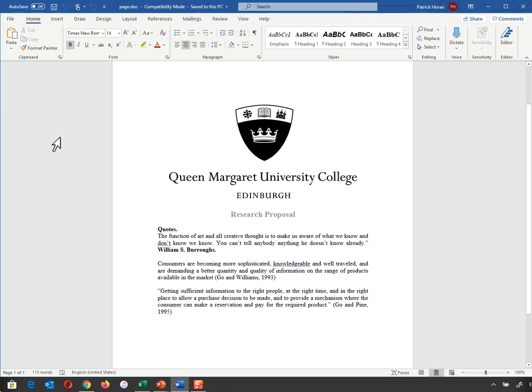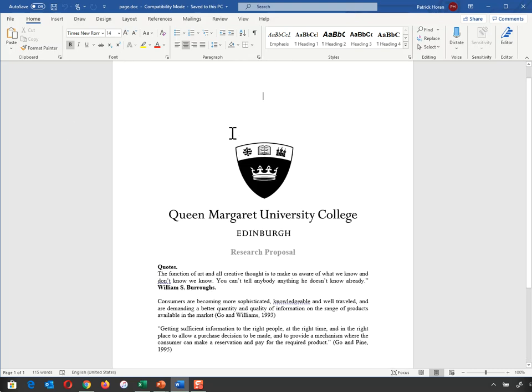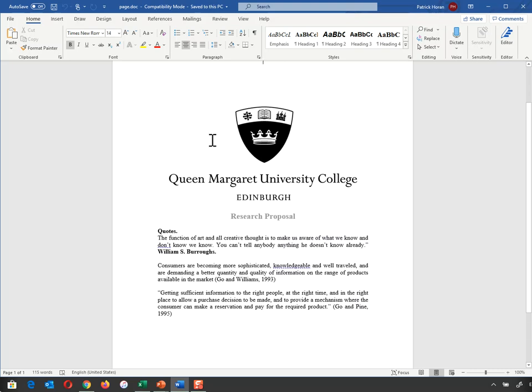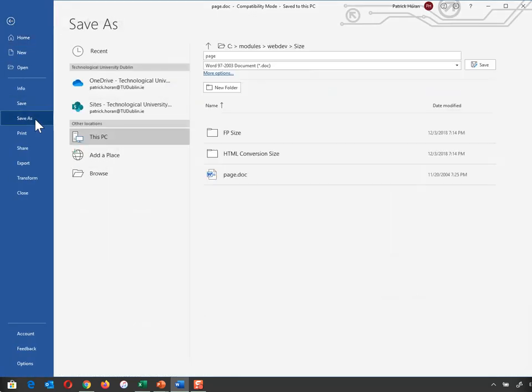Okay, now this is a very simple Word document as we see here. There's nothing really in it that's all that exciting. There's an image up here on top, and then there's some text down here below. Okay, so it's very straightforward. I've centered this here and so on. Okay, so all I'm going to do here in this case is I'm just going to go File, Save As,